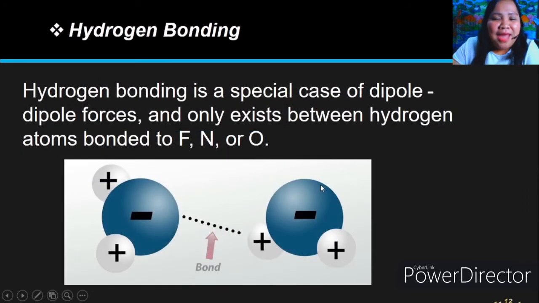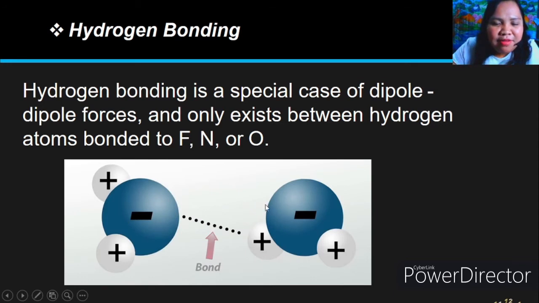Okay, so we have here hydrogen bonding. We will visit the water molecule. Okay, so hydrogen bonding is a special case of dipole-dipole force and only exists between hydrogen atoms bonded to either fluorine, either nitrogen, or oxygen. So I have here